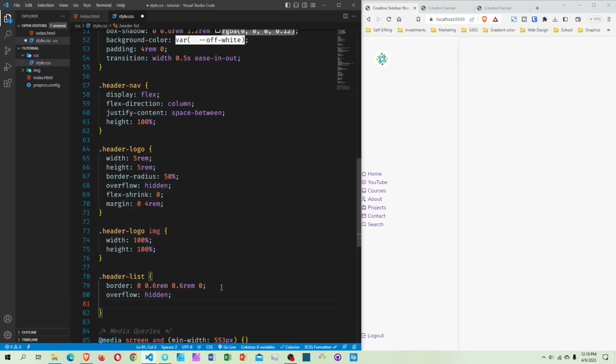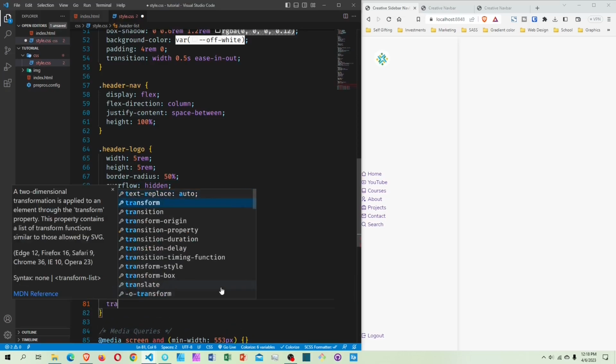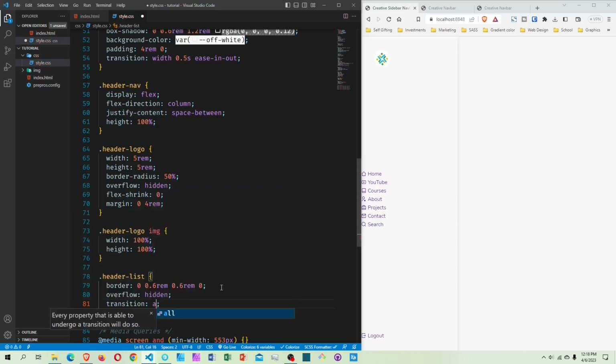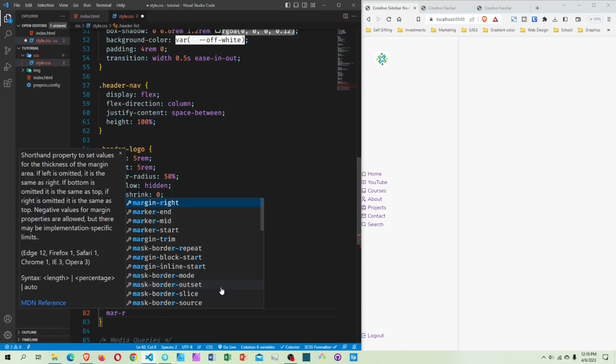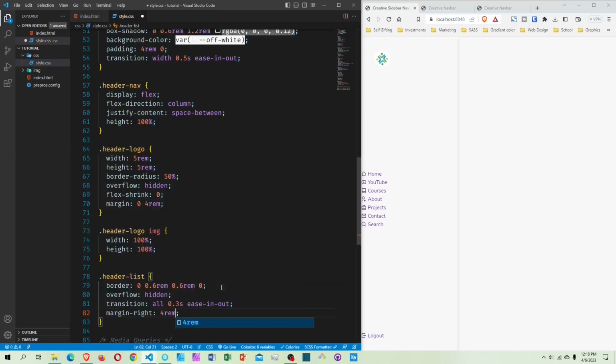and give it a transition all 0.3 second, ease in and out, and give it a margin right to be 4 rem. So I save this. See nothing here yet. Okay,